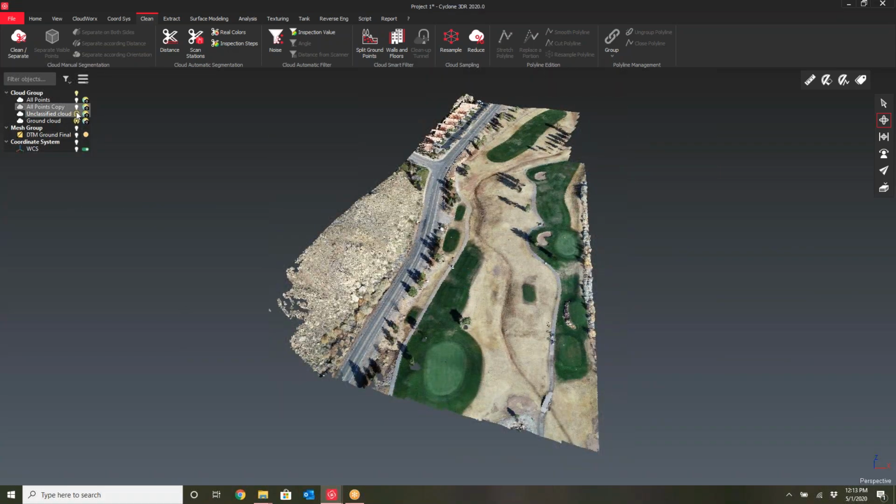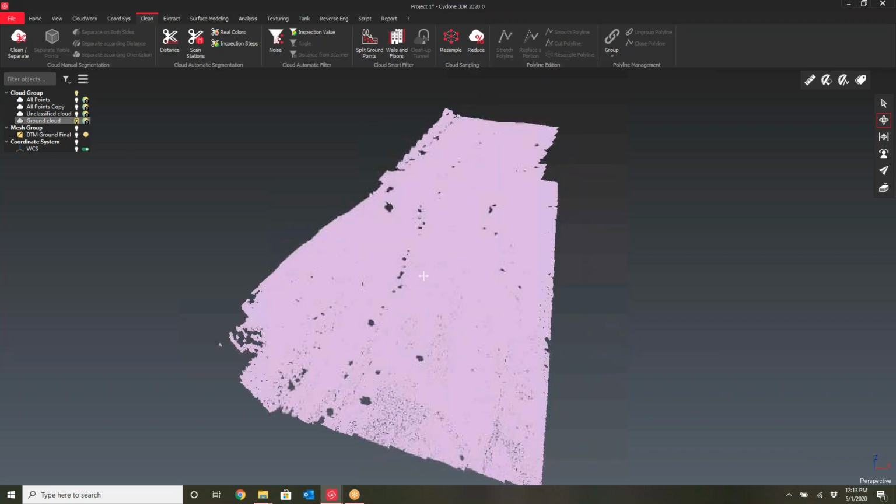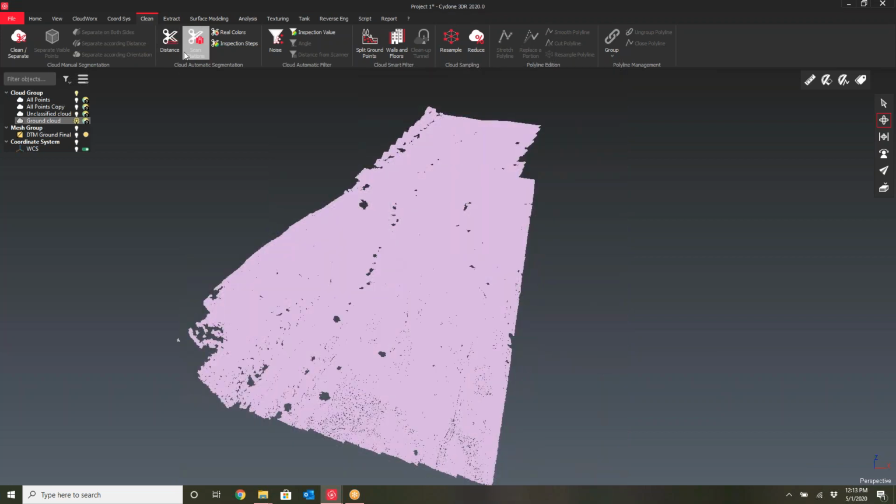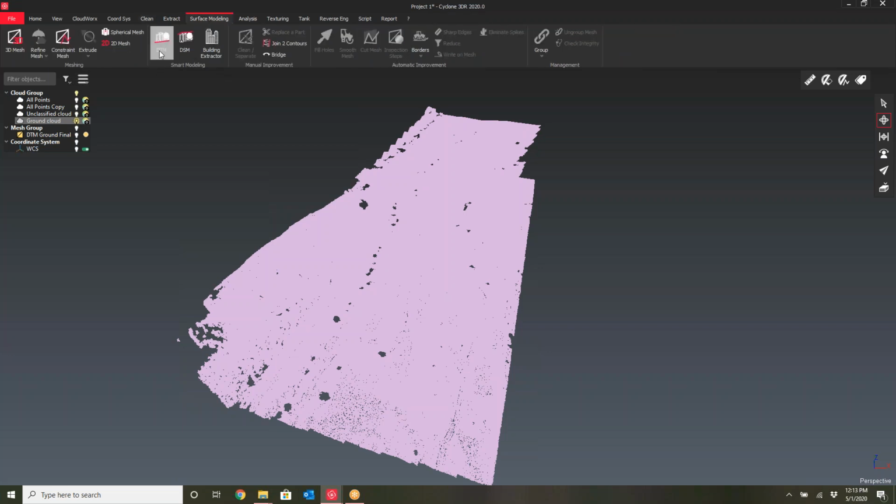Okay, so now that you have your clean cloud, we'll click on the point cloud. We want to create a mesh with this point cloud. So we'll go up to surface modeling and we'll do a digital terrain model. I'm not going to do a standard 3D mesh because I want it to have some intelligence. I want it to go out and find the ground. Now I've already done this with the point cloud, but we can fine tune it by doing it again, by telling it to extract a DTM, and it'll go through